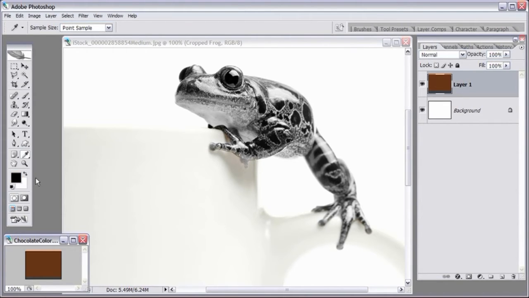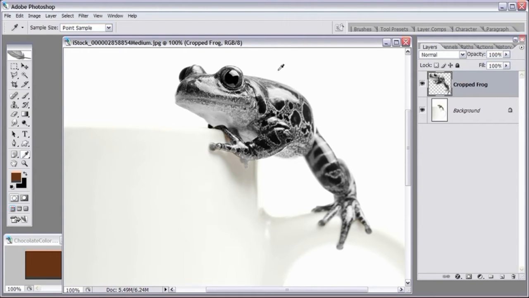I'm going to go ahead and reset this right now so I can show you exactly how all this works. But what you'll want to do before you colorize the object for chocolate, you must select the eyedropper tool in the toolbar and then go ahead and click on the chocolate color image, and you'll see the foreground change to that color. Alright, now back over on the chocolate milk frog image here, and what I'm going to do is